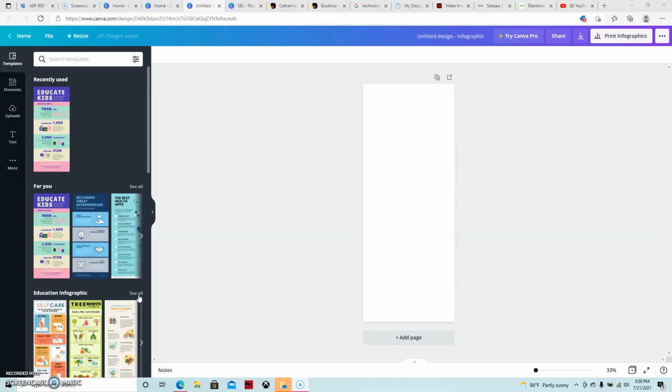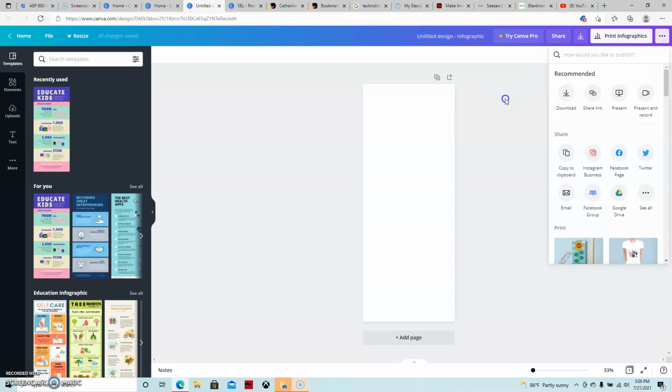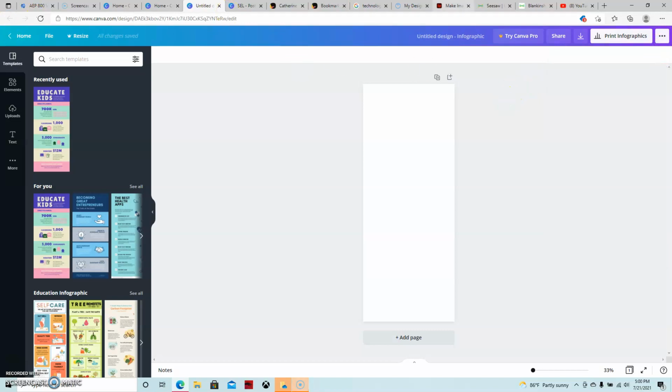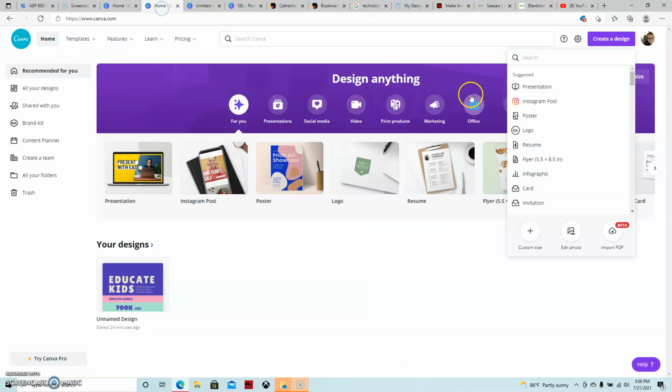One thing I like about Canva is that you can pretty much do whatever you want. If I were to click on create a design, I can decide whether I want a presentation, an Instagram post, a poster, a logo, a resume, a flyer, an infographic, which would have been great for our last assignment,